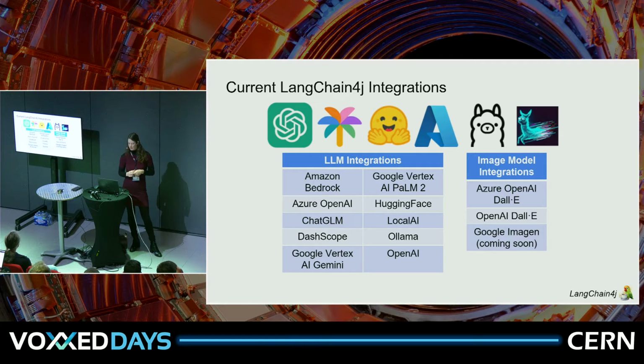And then there's HuggingFace, which is really interesting. It's a community and a website where you can access lots of open source models. You can see a lot of things that other people fine-tuned. They provide a lot of leaderboards to compare which model you need for which applications, and you can then also fine-tune and train your own models. They also provide huge data sets. It's really interesting. And then you deploy your model there, and you can integrate it in LangChain4j like that. Image models, for the moment, it's DALL-E. More are coming.